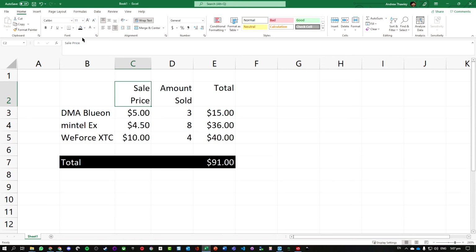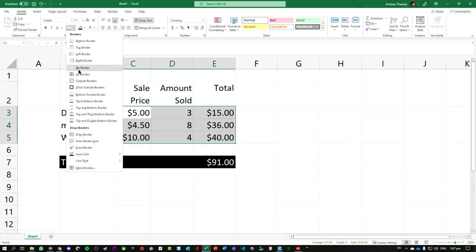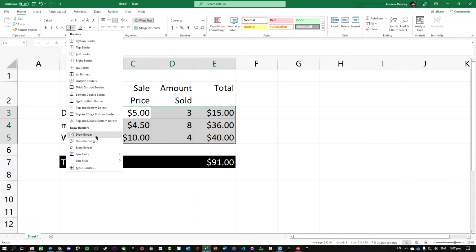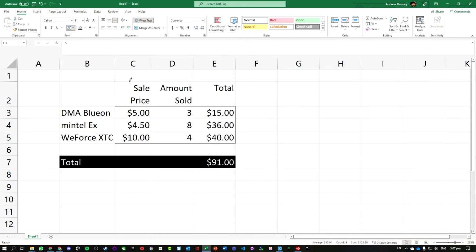If you want to add borders, we can highlight our different areas. Select the outside borders, or you can choose draw border and then just be able to draw the lines that you want. And obviously there's an eraser tool if you want to remove parts. So quite quickly, and then to stop that, just hit escape. We've got a nice little layout